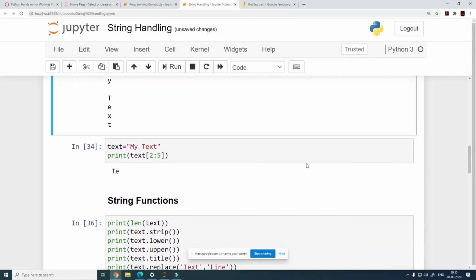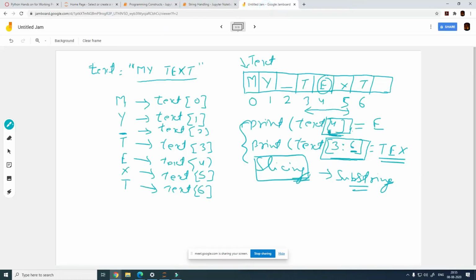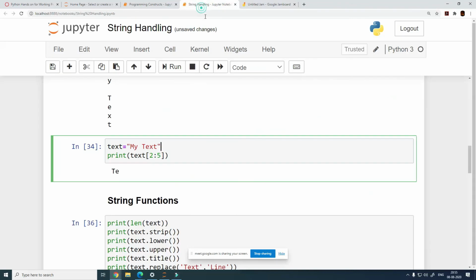Now let me take an example of the other way. This is what we have already seen here. Now we are going to see the range while slicing. 3 to 6, how is that working? So see it yourself. 2 to 5, right? When you do a 2 to 5, it is actually starting from the space character. 0, 1, 2, 3 and 4. It is actually printing space, T, E. This is what is getting printed, but we are not seeing the space character here.